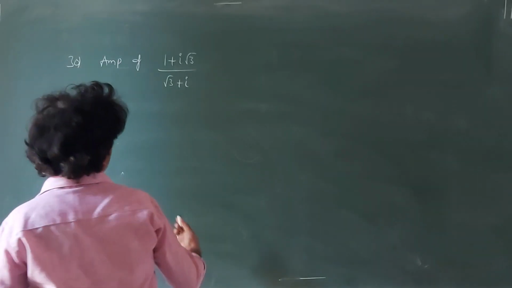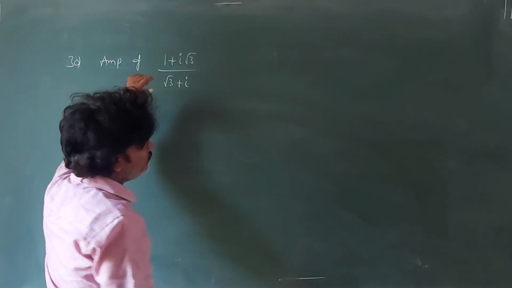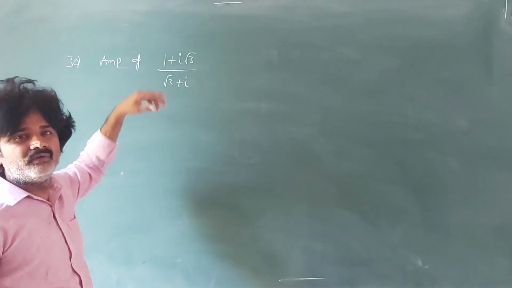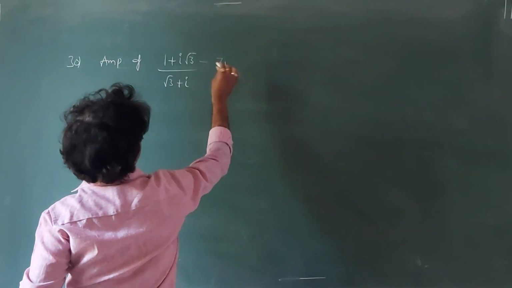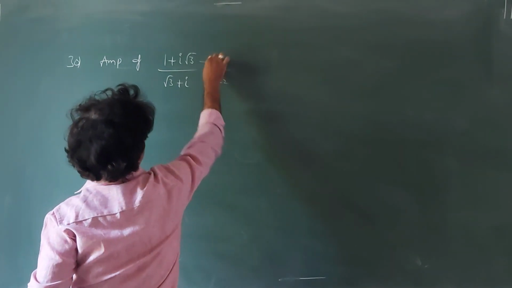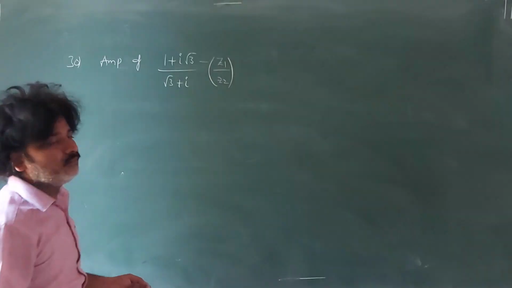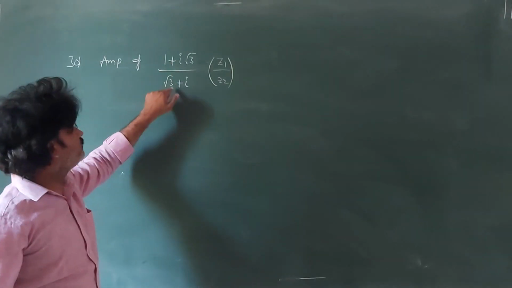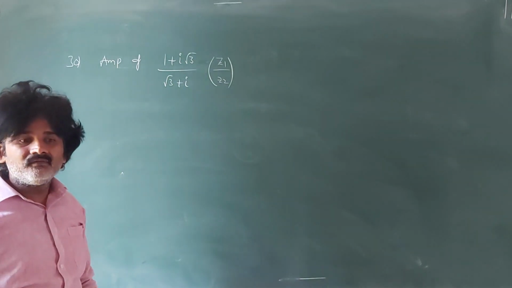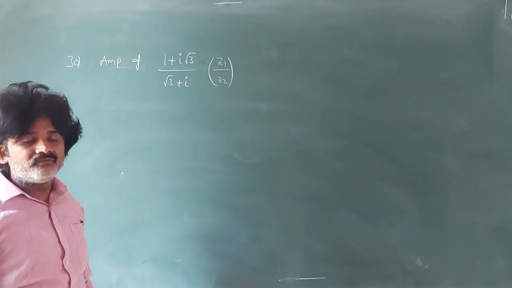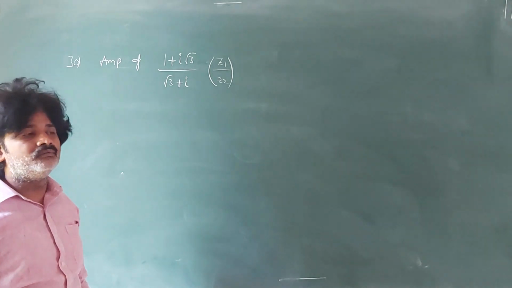Right? So now observe. Earlier, we knew it was a simple form, directly root. Here we don't know. That's why treat this one as some z1, this one as z2. Okay, and now it is in the form of z1 by z2. z1 is the numerator, z2 is the denominator. Now what is our formula? Argument of z1 by z2.